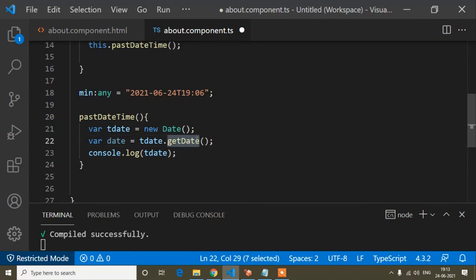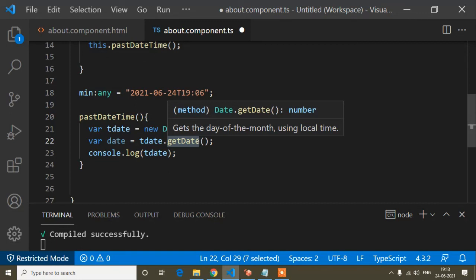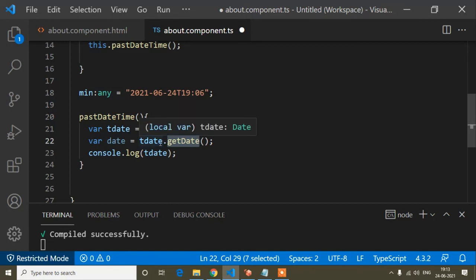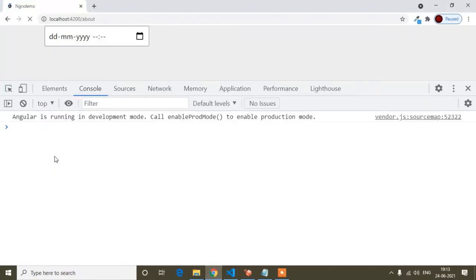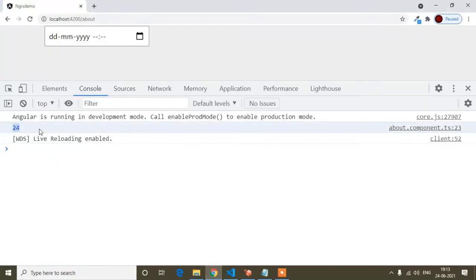This is the pre-defined JavaScript method getDate. getDate returns today's date from all the time and date that I stored in tDate. So now if I show this and save, you will find only the date. You can see only the date.